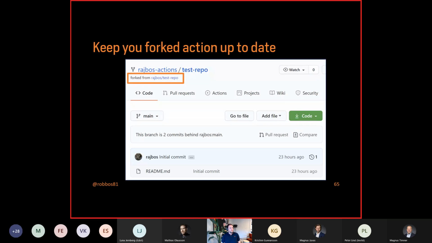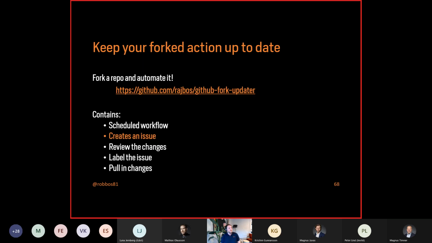Because if you fork it over and you go to your test repository, in this case, in my production environment, it says, well, hey, I can wait for the UI to say, this branch is now behind. Recently, they even added a one-click button here that I could say, update this branch. But then basically, you're still closing your eyes, pulling in all the incoming changes and doing things with them. So this is not a good trigger to wait for. And hopefully, people aren't looking at those things daily.